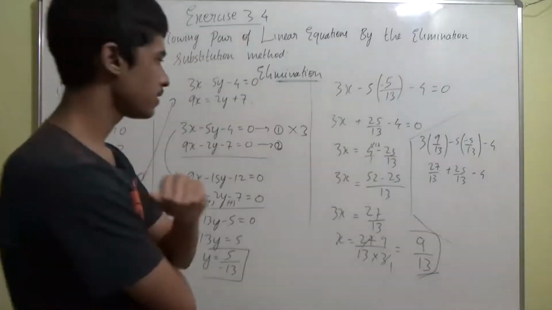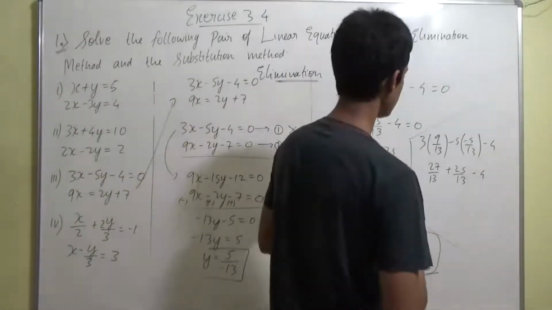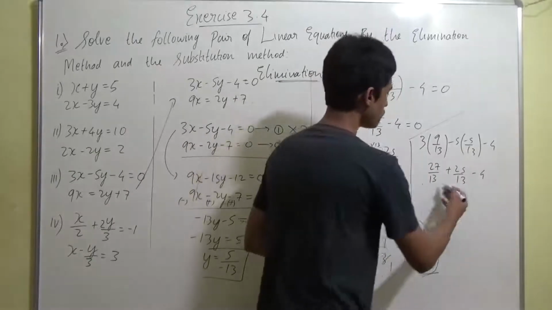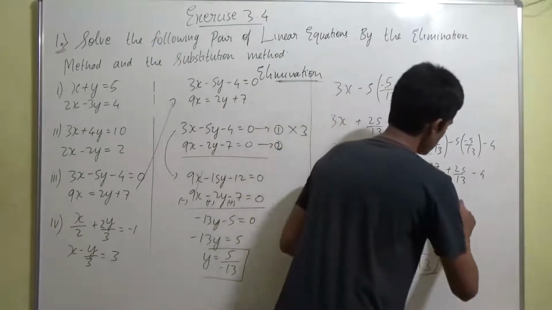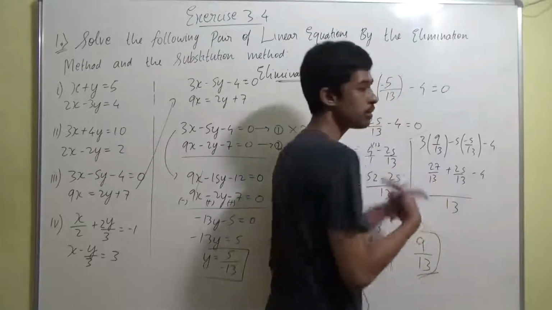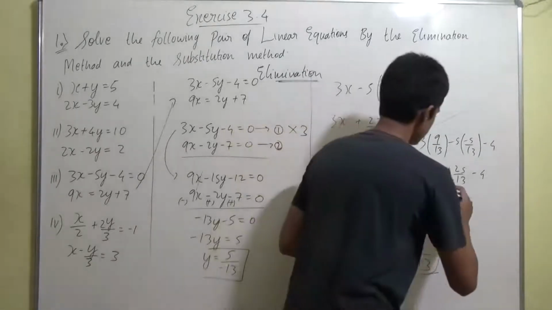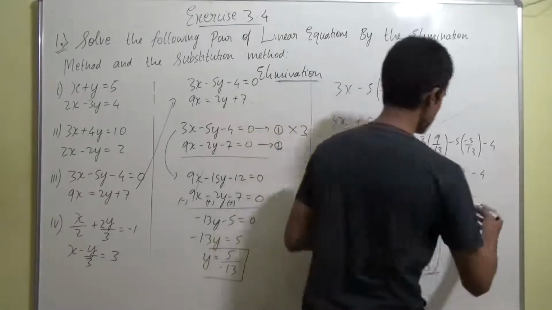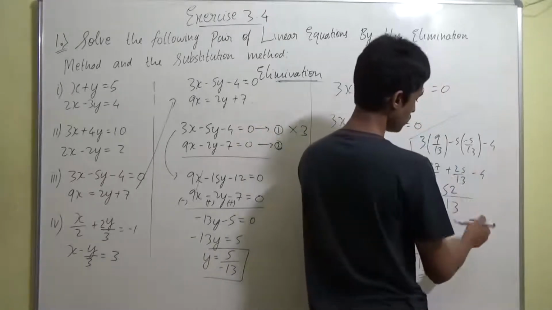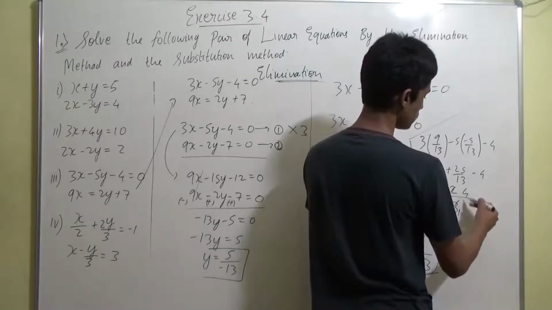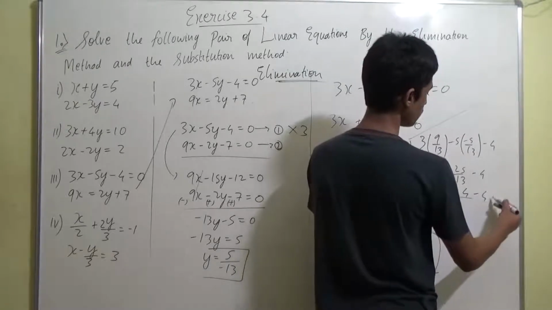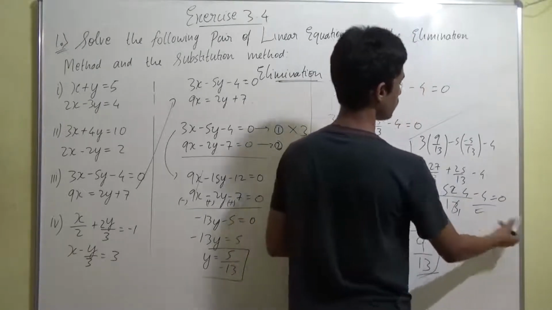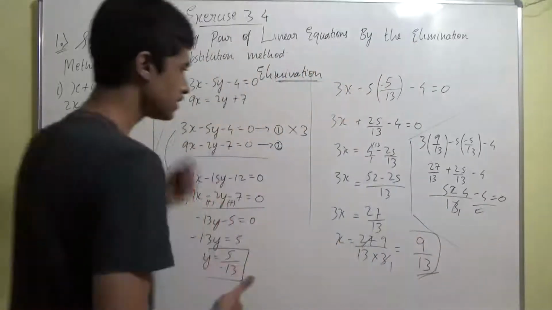No guys, you are going to get 0, because the denominator is the same, right? So it's going to be 13 itself. 27 plus 25 is 52. So 52 by 13 is nothing but equal to 4. So this is 4z and this is 4z, this comes to be 4, and here minus 4, which means equal to 0. Correct. So verification done.